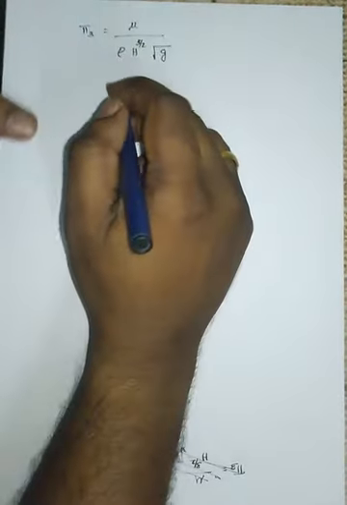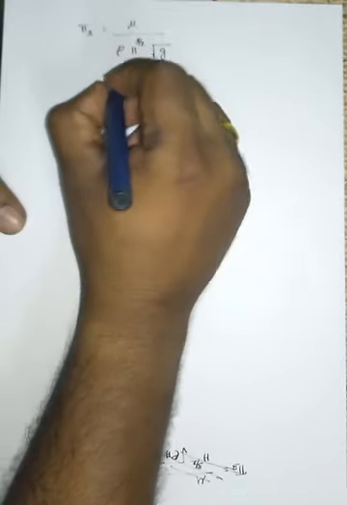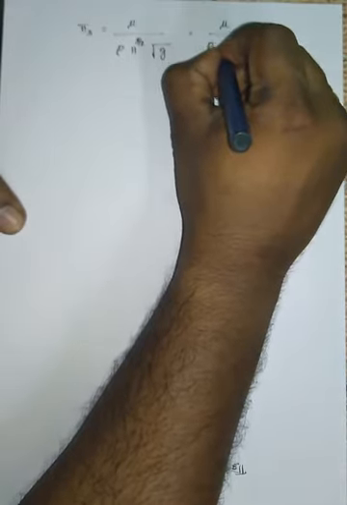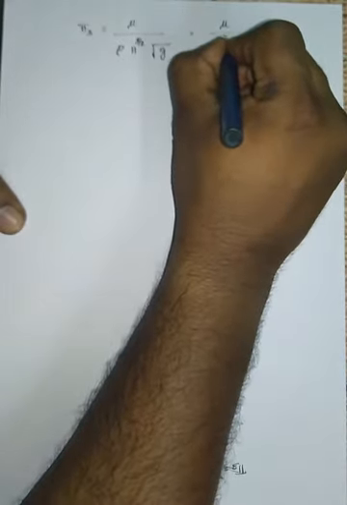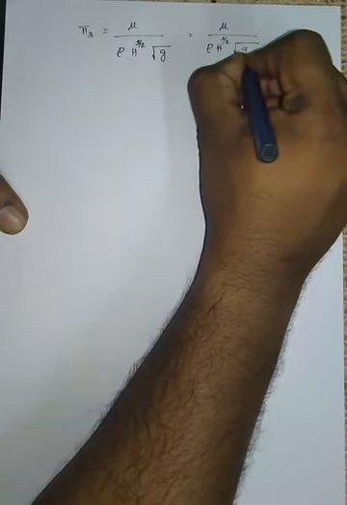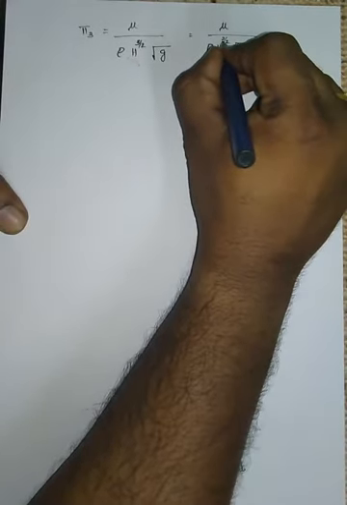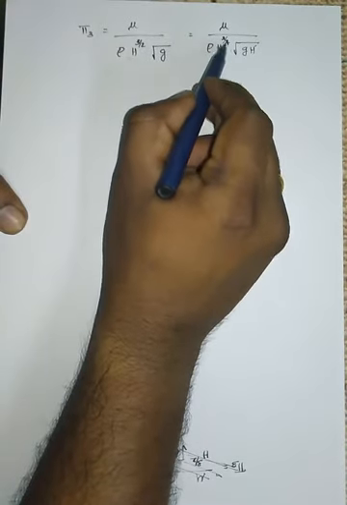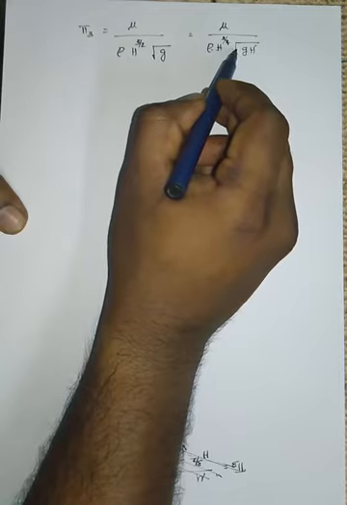Now I'm going to rewrite the pi 3 term. So pi 3, which you already found, is mu divided by rho into h power 3 by 2 root of g. This is the value we already found. I am going to rewrite this as mu divided by rho into h power 2 by 2, which I am taking here, and g into h. So this is h power 1 by 2, this is 2 by 2, cumulatively it will be h power 3 by 2. The 2 by 2 will be cancelled, and we get rho h root of gh.